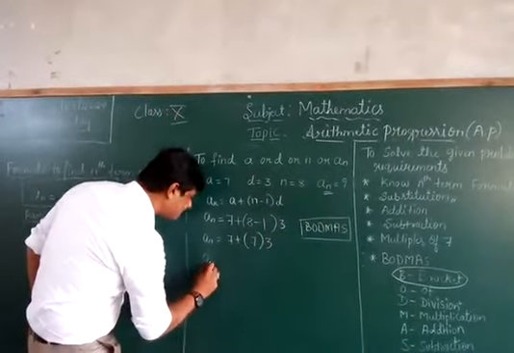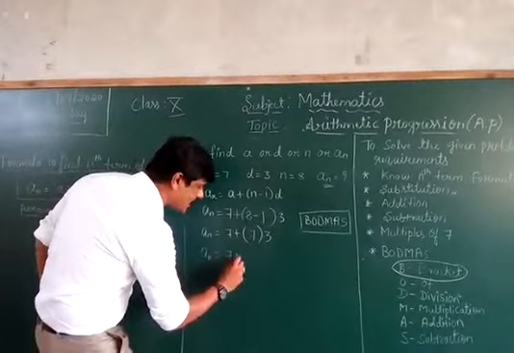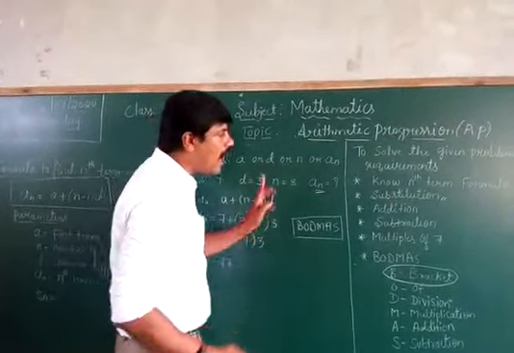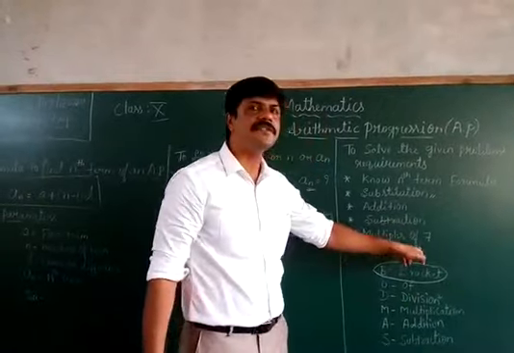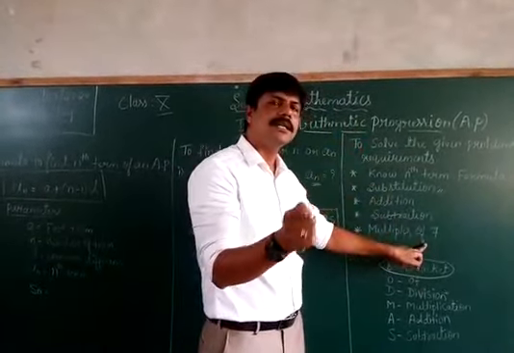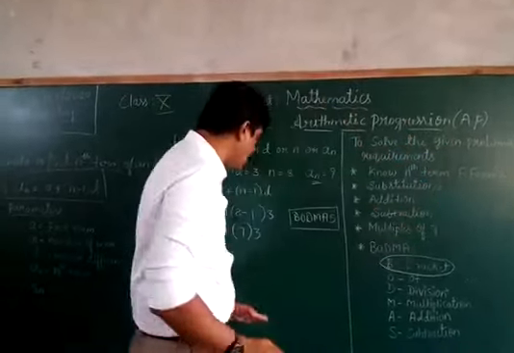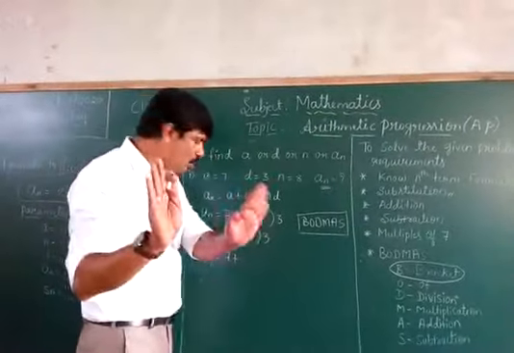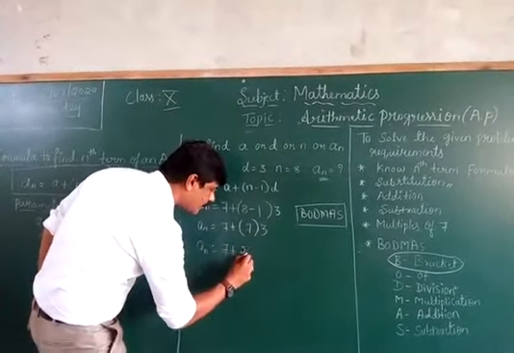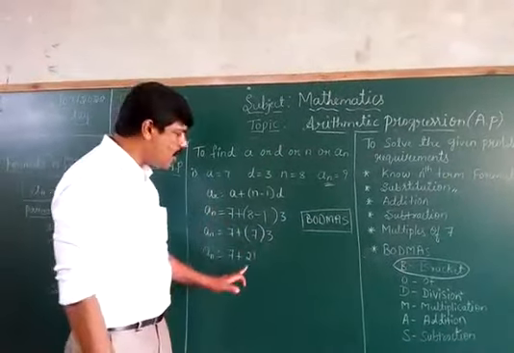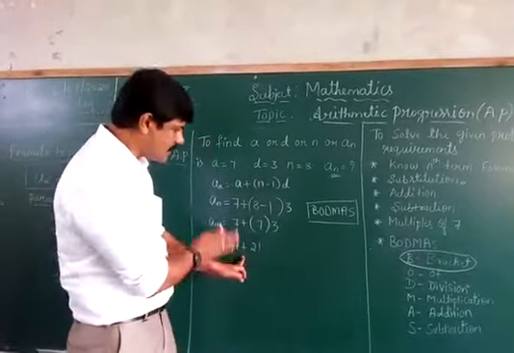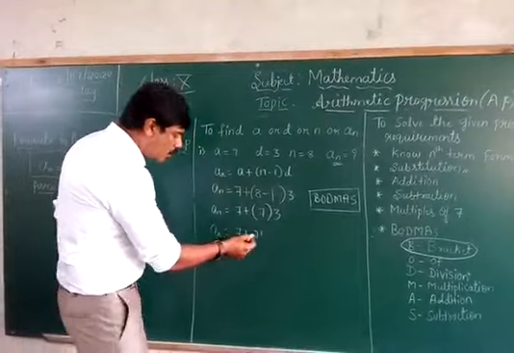Understand? Now you see that 7 I keep as it is, plus, I should not add, so keep as it is. I will multiply. To multiply, I should know the multiples of 7. That means the 7 table: 7 1s are 7, 7 2s are 14, 7 3s are 21. That table you should know, only then it is possible. I think all of you know the table. So 7 times 3 is how much? 21. Now that is finished. Now what is left? Addition or subtraction, whatever it is. Now addition is left. You know addition also.